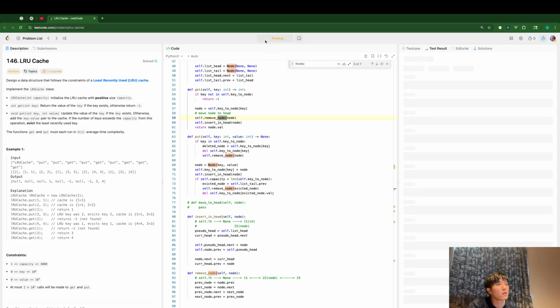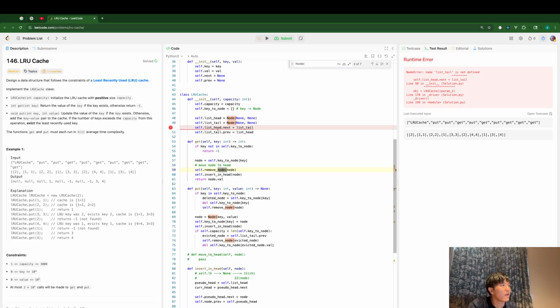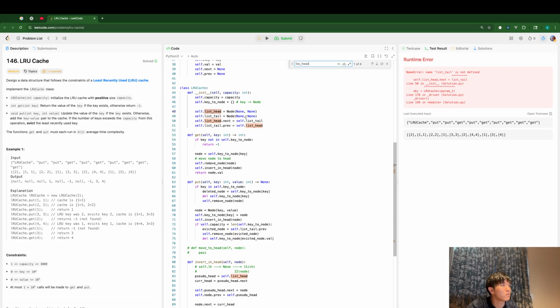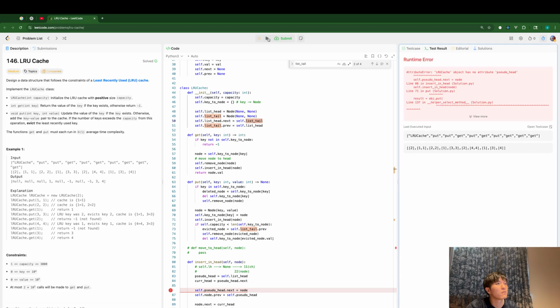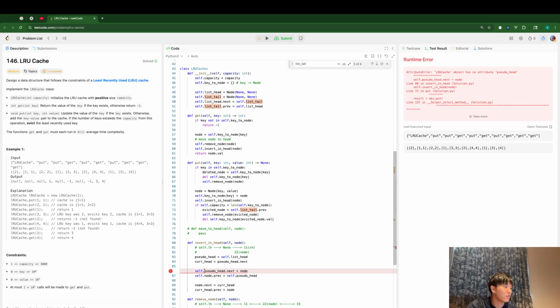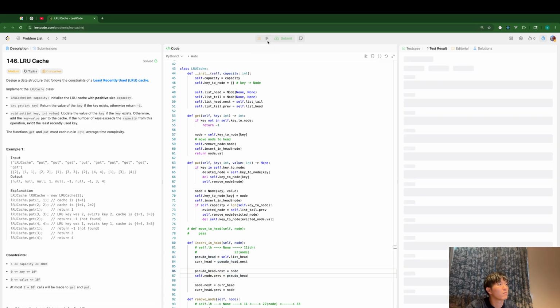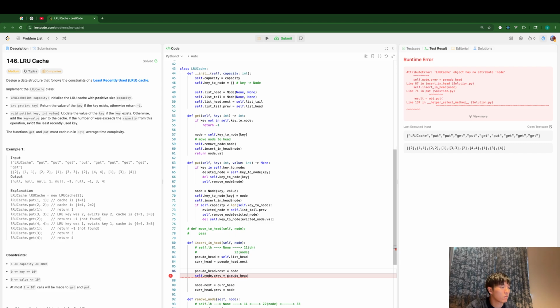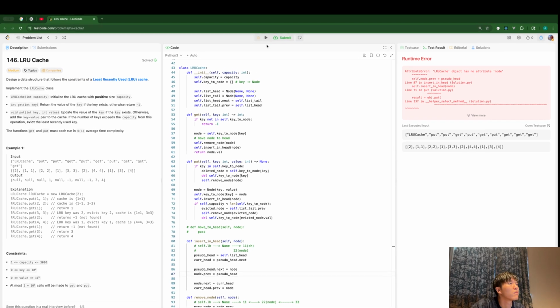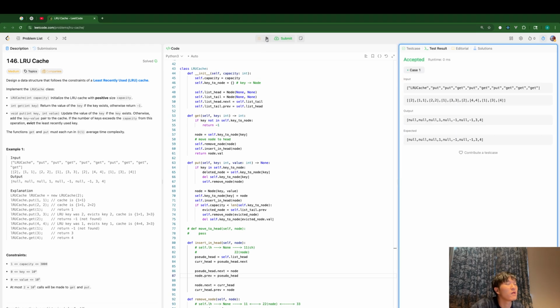Okay. List head dot... I see. Pseudo head dot next is node, prev should be... Good, it's accepted. So I will submit my code